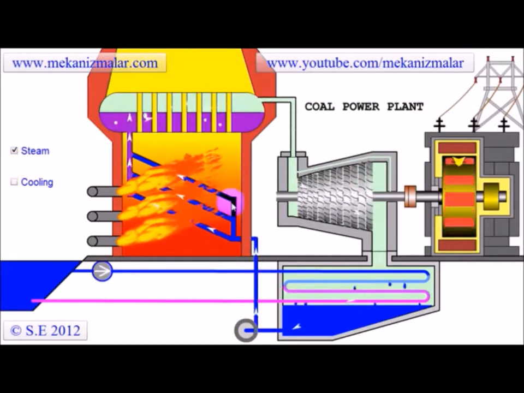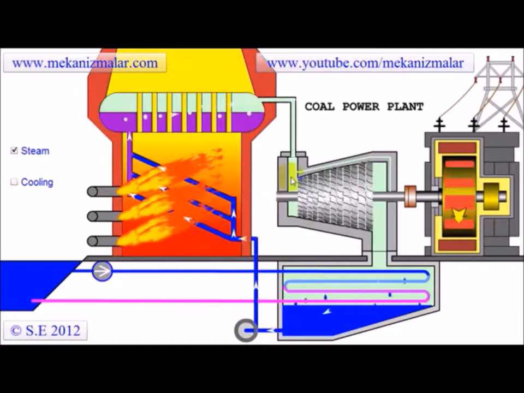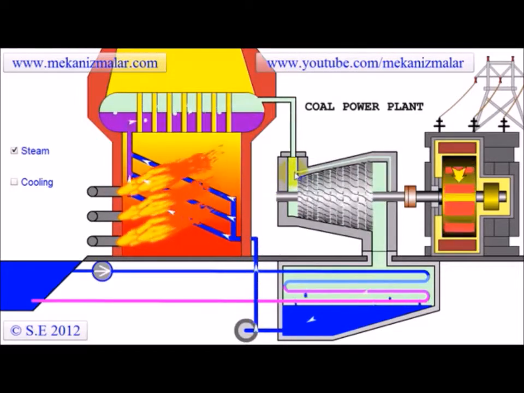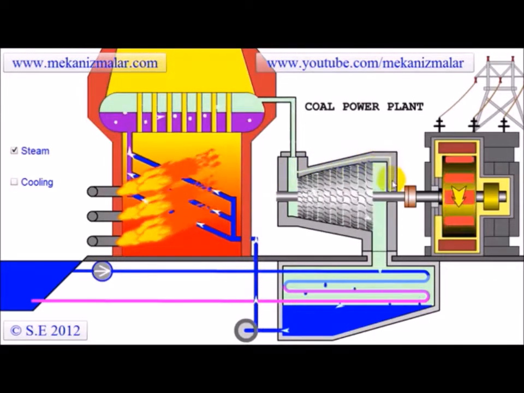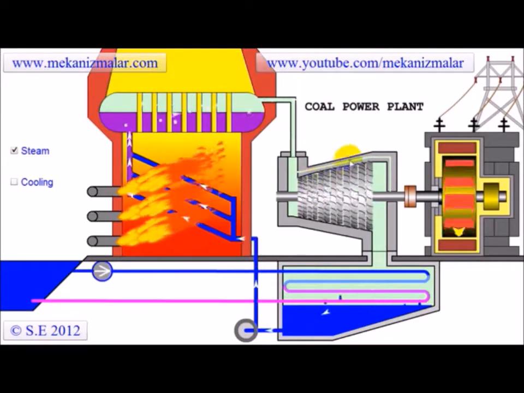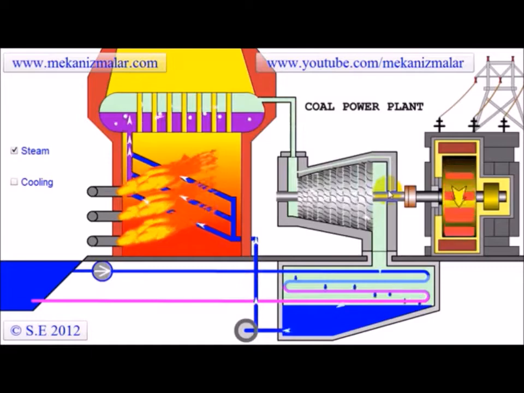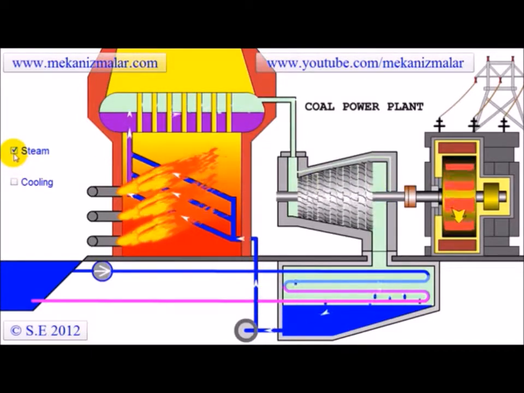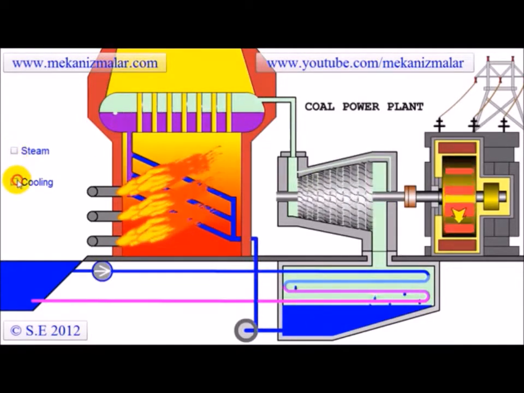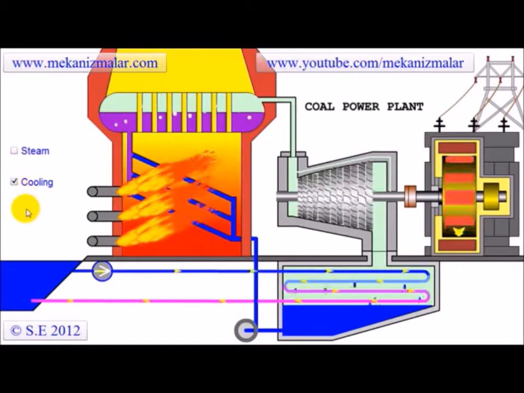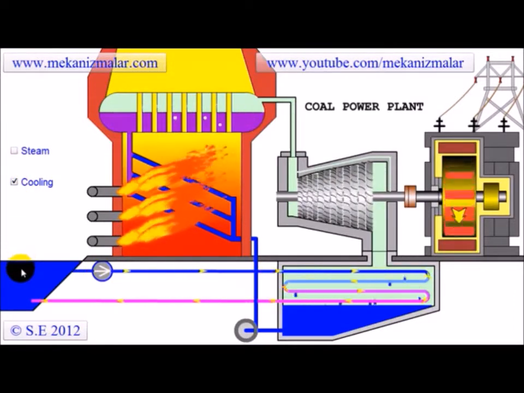Here's a question for you to think about that we'll answer in our next video. Why is a very small portion of pressurized steam diverted to the bearing section of the turbine, where the low-pressure steam leaves the turbine? Now let's discuss the second cycle, the open-loop cooling cycle, which starts by pumping cold water